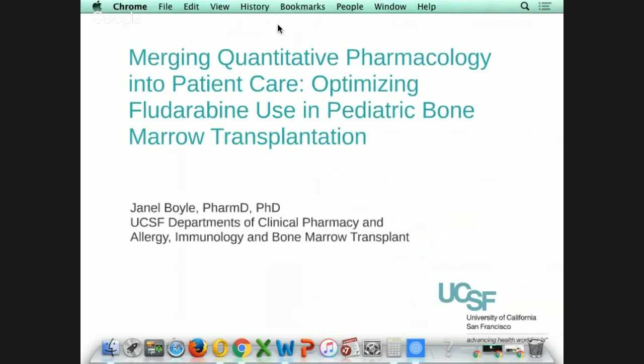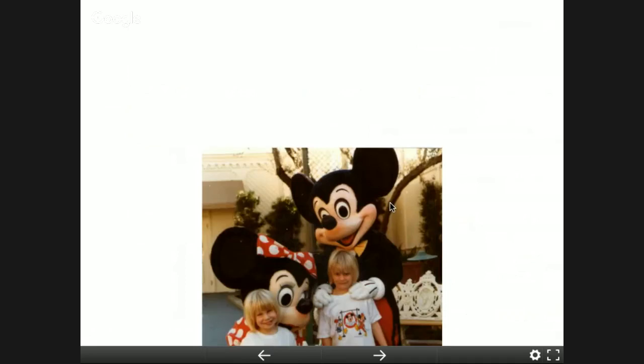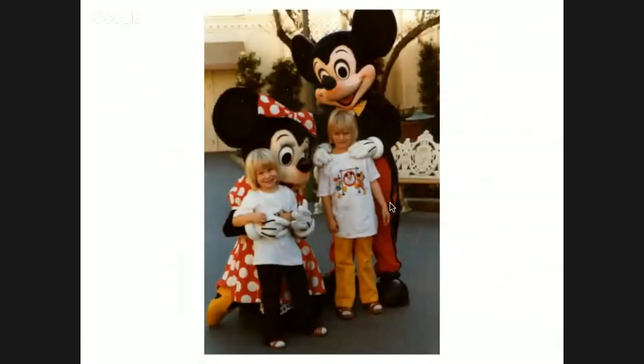All right. So my goal today is really to hopefully get you enthused on the concept of merging quantitative pharmacology, which is the science that VJ and I work with, into routine patient care. That's been one of my focuses as a practicing pharmacist, to take what we're doing in the research field, in the lab, and quickly translate it into patient care. I do want to first talk a little bit about myself and how I got into the field of